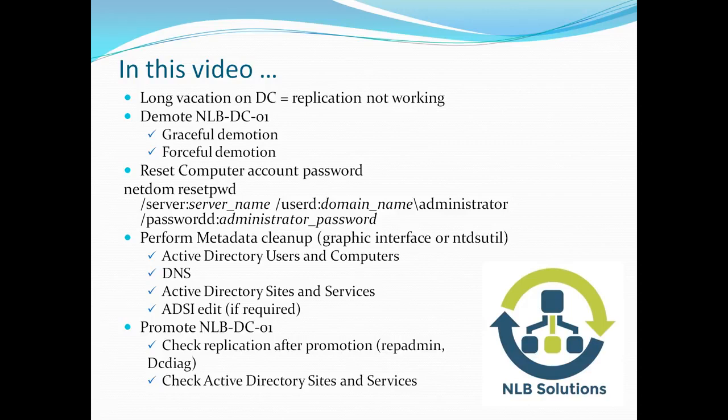What I initially thought would be best was to demote DC01. So I tried a graceful demotion, I tried a forceful demotion, but unfortunately, as you will see in my video, I was not able to demote my DC. What I had to do was reset the computer account for my DC. After that, the replication started working once again, but the demotion was already in place and my DC was not